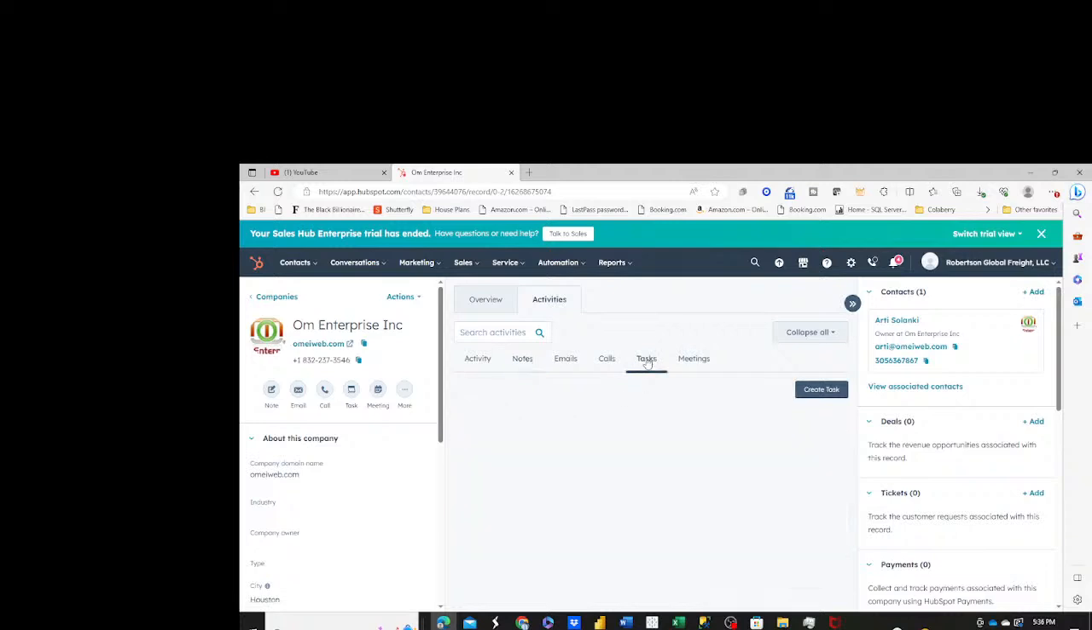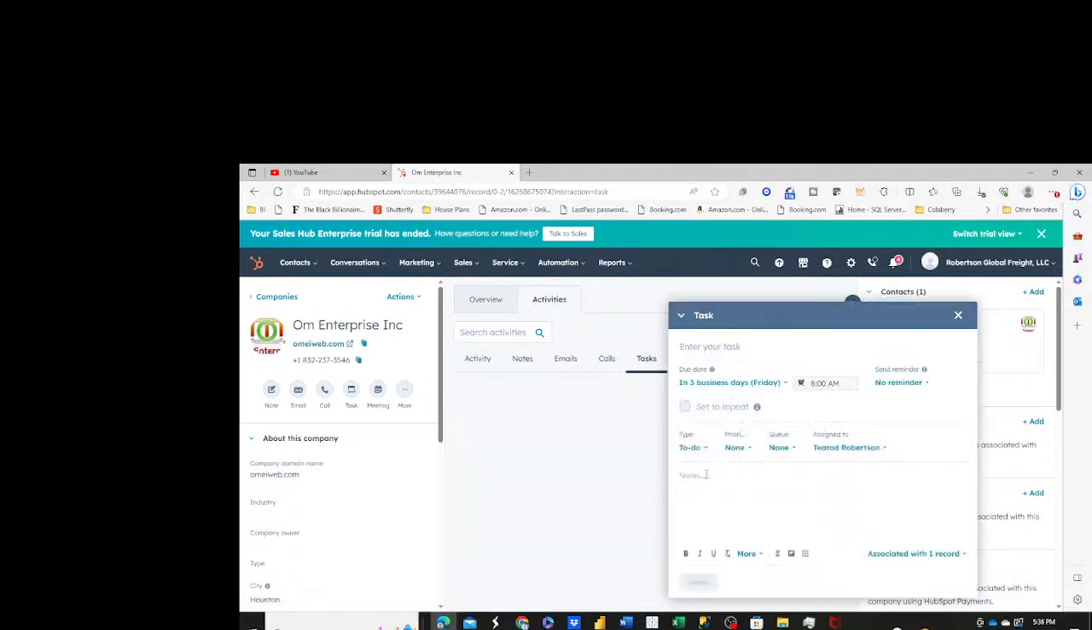Oh, let's go to task. Create task. Let's say to do, priority is medium, queue. Now we're not going to create a queue. That could get too difficult, but we're going to say in 3 business days, because this is a random date. The date comes up Friday, but we really want to call back Wednesday. But just to give you an idea of the queue, in 3 business days on Friday,